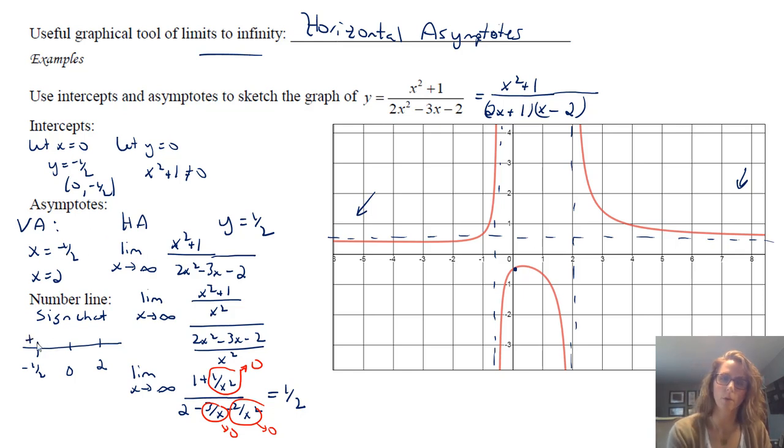So if we put in something like a really large negative number, we're going to have a positive value. And we're going to be below the x-axis, and then we're going to be above. So if we just put values in between those back into our original function, it would just tell us, is the function above or below? So although the derivatives do tell us a lot about things like concavity and local mins and local maxes, there's a lot that can be done without calculus at all. Calculus just helps us refine those graphs. So in the next section, we'll be putting it all together and doing everything we can to graph functions the best way possible.